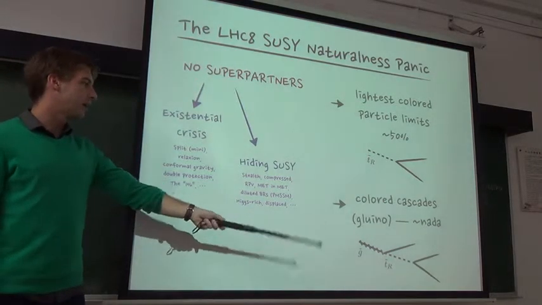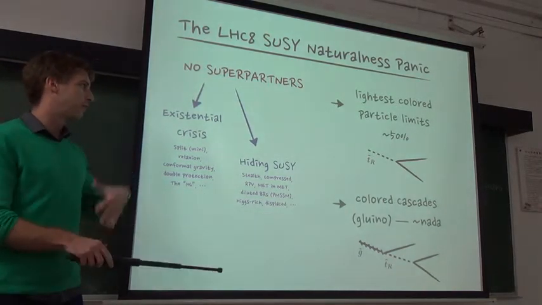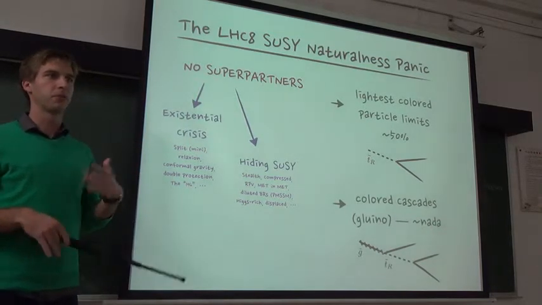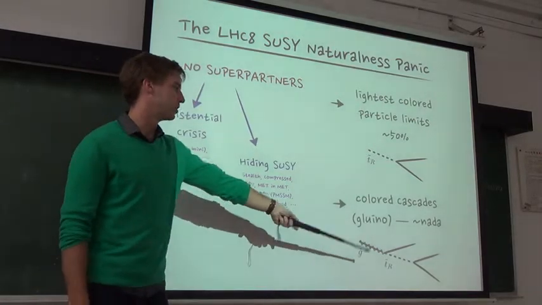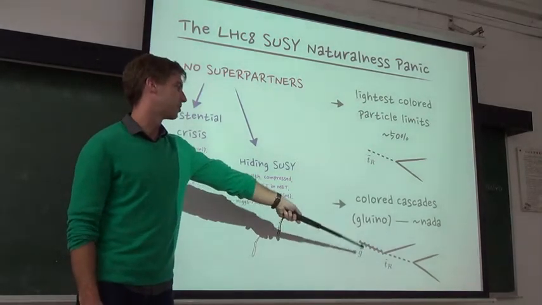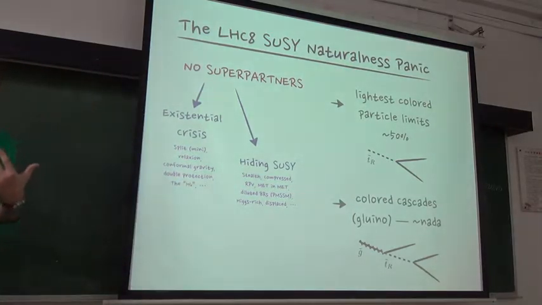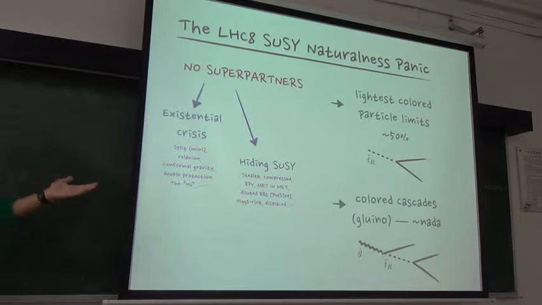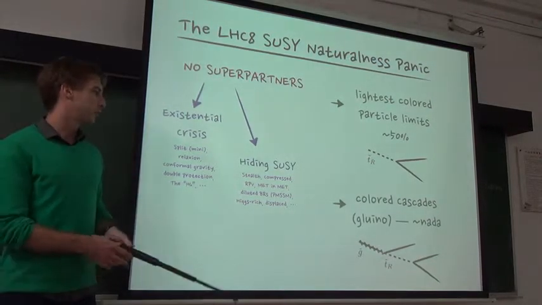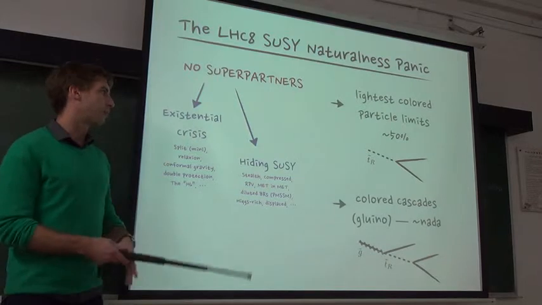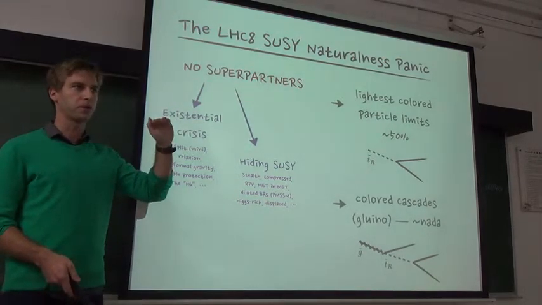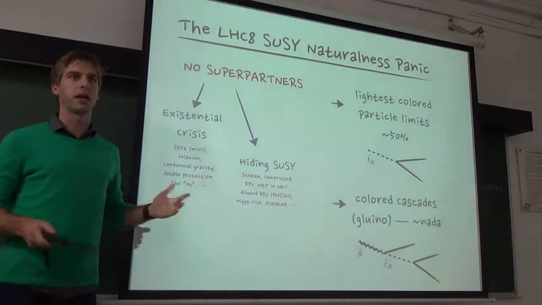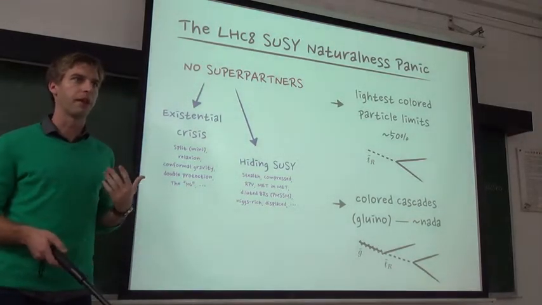However, if you have any colored particles within a factor of 2 or 3 of the stop that you're producing, then you'll have cascade decays where you produce the stop, which does this decay, and then also produce some other high energy particles. And it turns out that although it's a different search, there are also very powerful searches for this kind of state. So if you have these extra decays from heavier colored supersymmetric particles, then there's not much you can do to get around these limits,